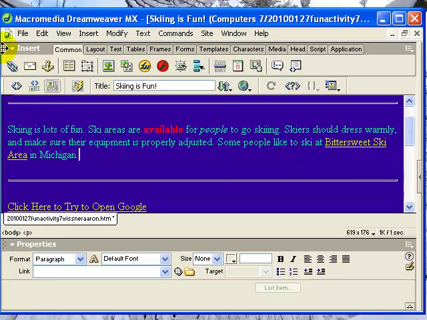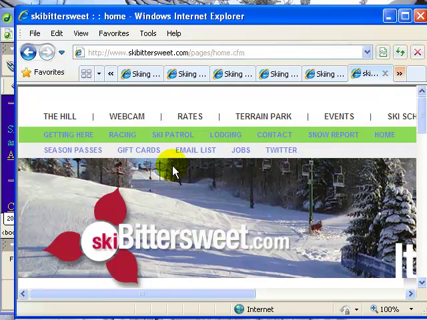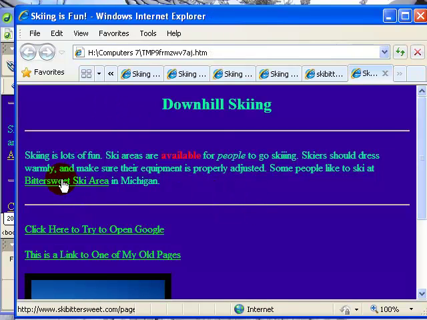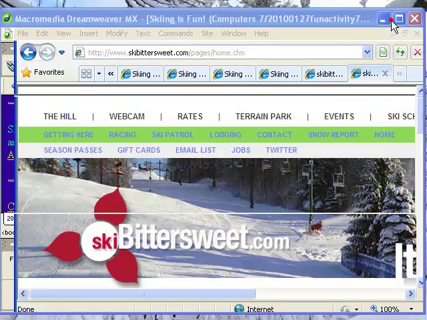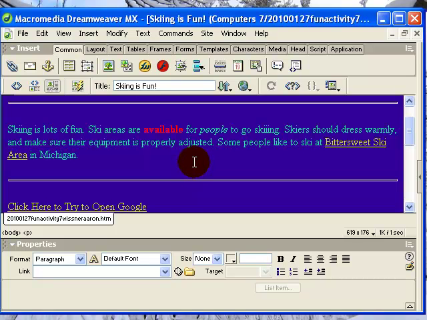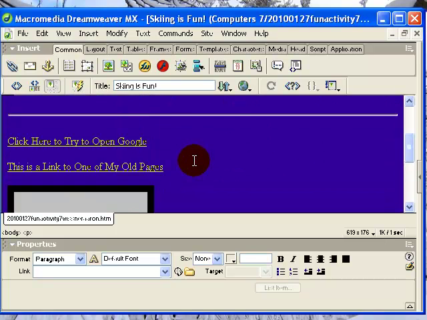So let's see how that works. File, save, and then the F12 key. And we can see it's a link because it's underlined. We can click on it, and it brings up the Bittersweet ski page. So that's pretty nice. Another thing we can do is, instead of having the pictures down at the bottom of